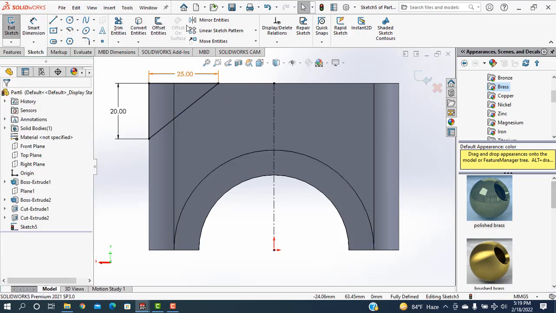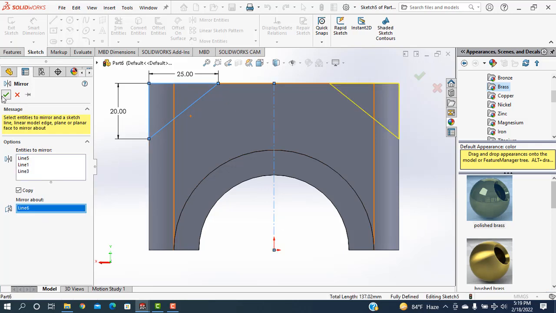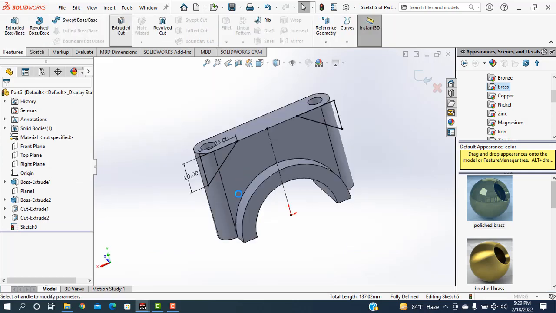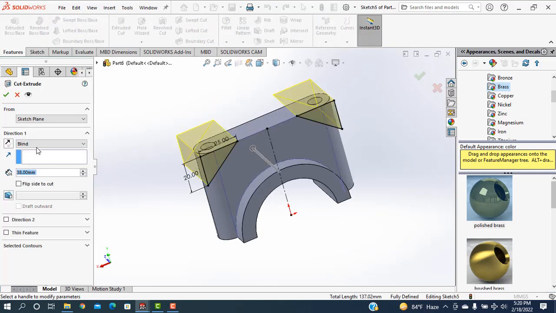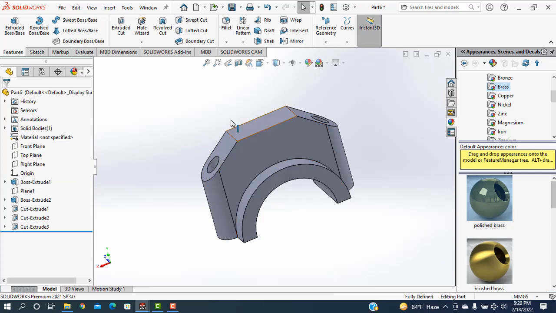Okay, then going to the mirror, select three lines, then mirror about and center line is clicked, then okay. Going to the features, extrude cut is selected, to all, then okay. Now see, then going to the fillet,